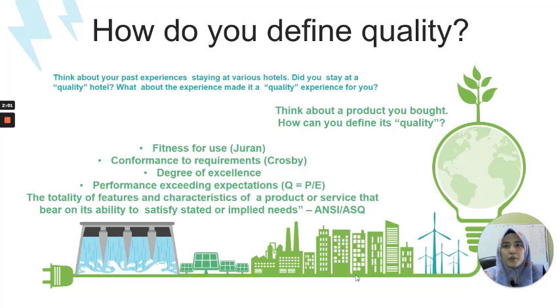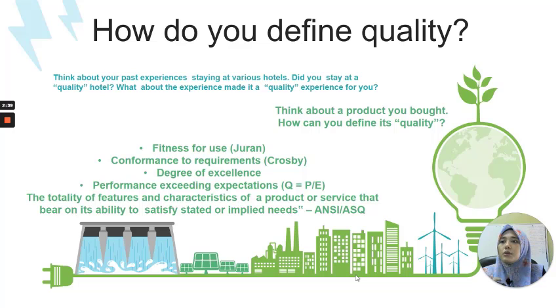Okay, the same goes with the product that you buy. So think about the product that you bought and how can you define its quality. Beli kasut ke beli baju, some people look at the quality of the material, ketahanan kasut tersebut, tapak dia macam mana, design dia macam mana. And the quality of your phone, for example. Ada orang tengok pada the characteristic of the camera. Dia nak 16 MP, dia nak 40 MP, dia nak berapa tinggi MP sekalipun. Tapi ada setengah orang when the quality of the telephone is about the function itself. So, the quality is defined by your own preferences.